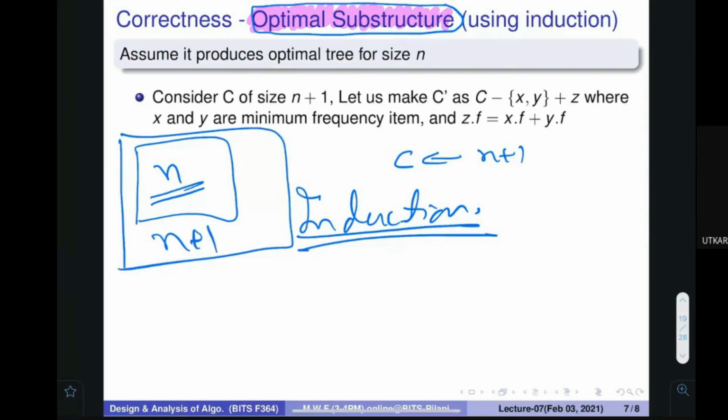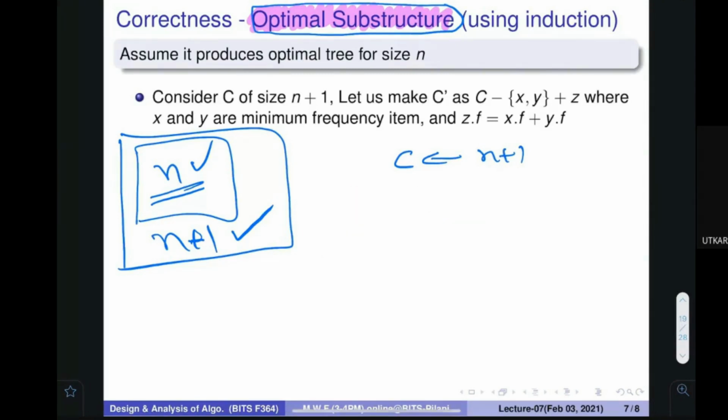We are going to prove that if this is true, then this is also true. Make sense? Okay, so how am I going to show that? I am going to use induction. Here I need your full concentration, and things are very simple. Let me tell you, but just give me your full concentration.